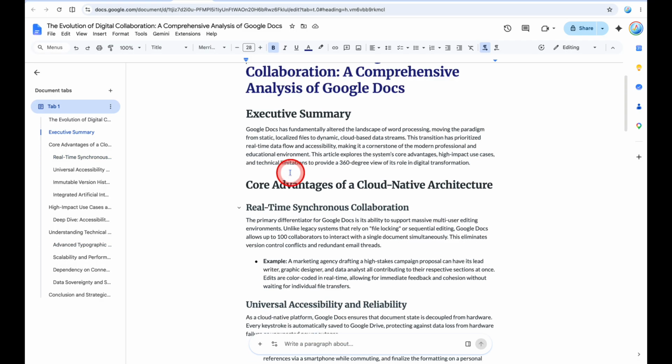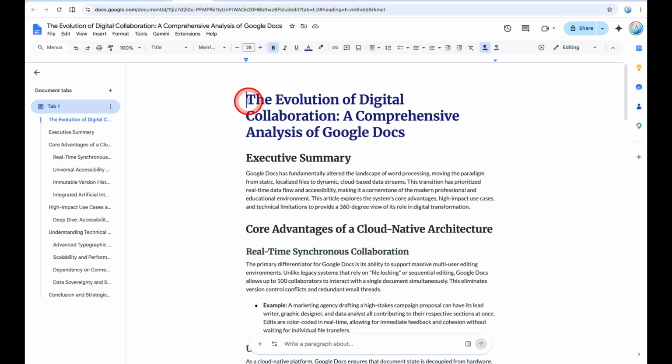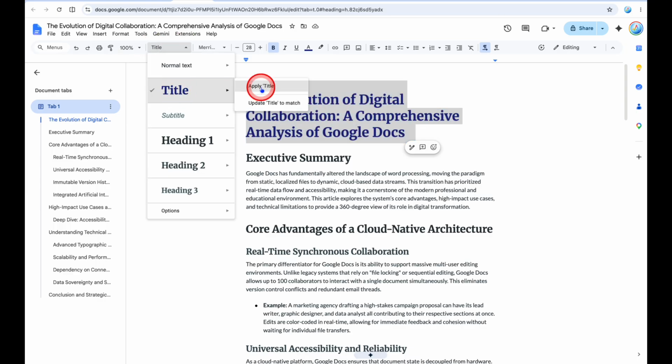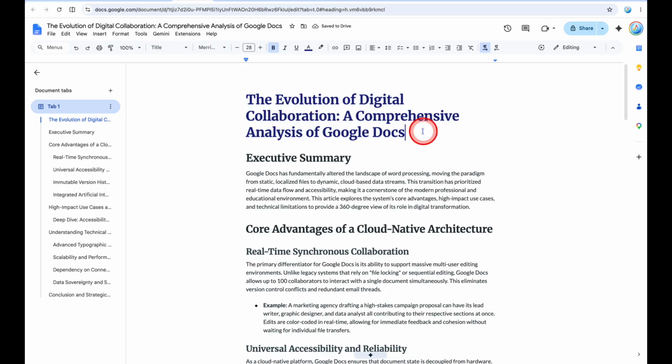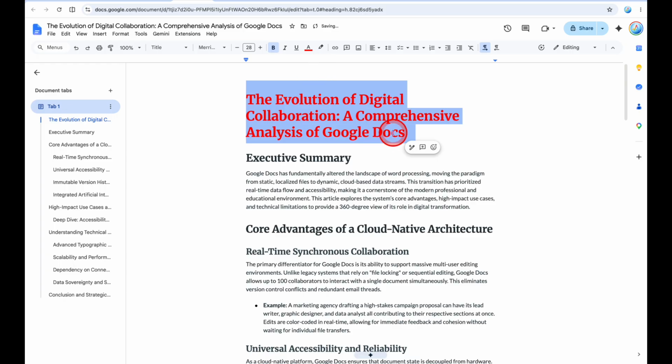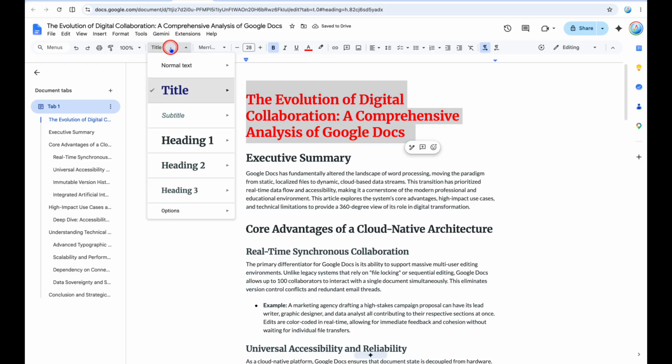Now, let's work on this article and let's apply what we have learned from the basic overview. And here, this is a heading. I want to have it as a header, and I will click this title. See, it's title here. Apply title, update title to match. I will click it as title. What if I want to change the color? Change the color here. This is the text color. I want to have it in red. Now it's in red. I'll come back to the title here and update title to match.